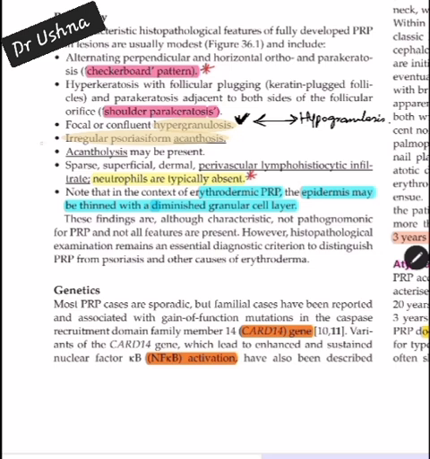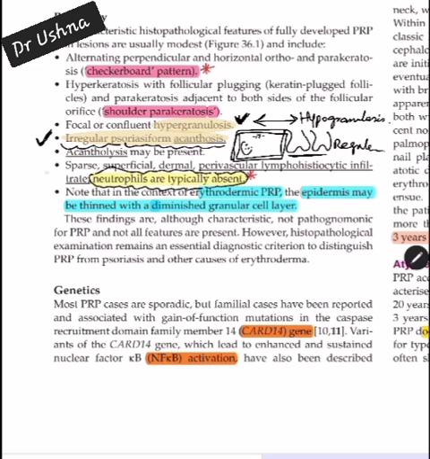Then again, in PRP there is going to be irregular psoriasiform acanthosis, while in psoriasis we remember there is going to be club shaped rete ridges, a very regular acanthosis. So regular acanthosis is a feature of psoriasis and irregular acanthosis is a feature of PRP. Then again, the important concept of psoriasis histology was Munro abscesses or spongiform pustules of Kogoj, intraepithelial collection of neutrophils. Neutrophils were very important in psoriasis pathology, while in PRP there are absent neutrophils. There is no neutrophil at all. So these 3 points are very important for PRP in comparison with psoriasis.